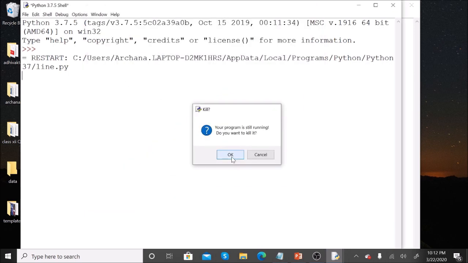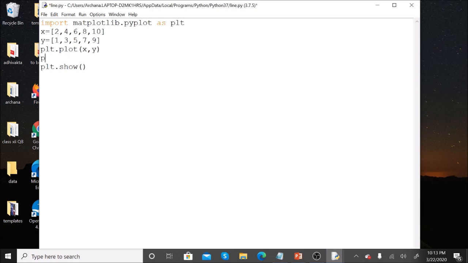Now we will add a title to our graph. For this, we have plt.title, in which you can mention the title of the graph as information analysis. We can give labels to the x-axis and y-axis using xlabel and ylabel.